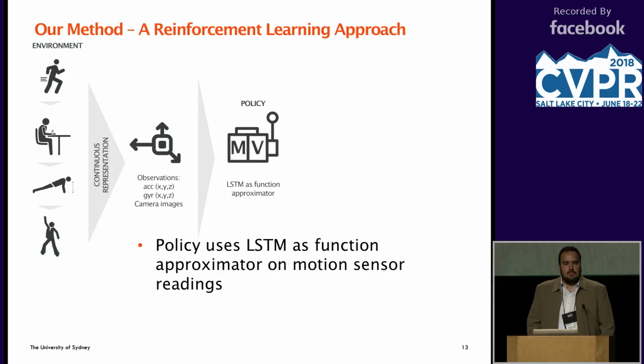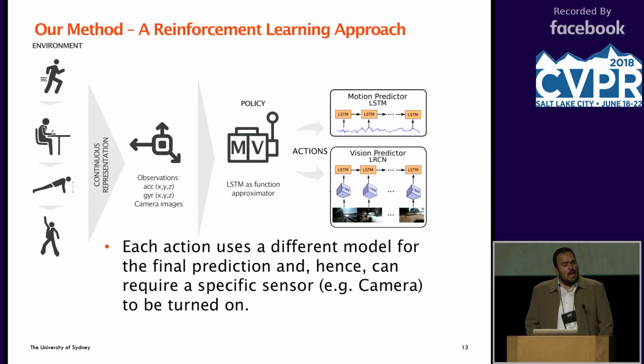Because sensor readings are pretty cheap to collect. We can keep them on and it's not going to hurt the performance of the battery. And we need some sort of function approximation to do that. In our case, our policy is approximated by an LSTM network because we also want to keep the correlation between the data points. And our policy has two actions, which is we either choose a motion-based predictor or we choose